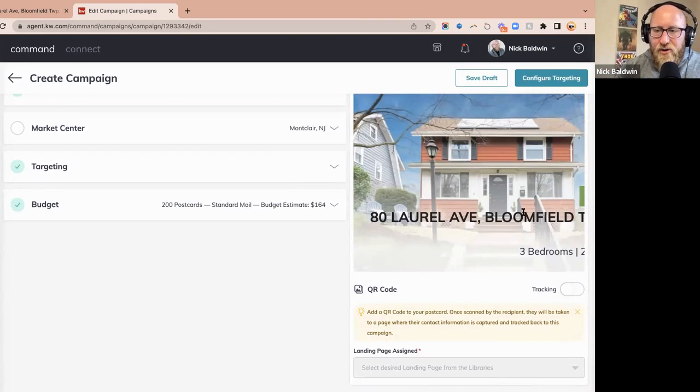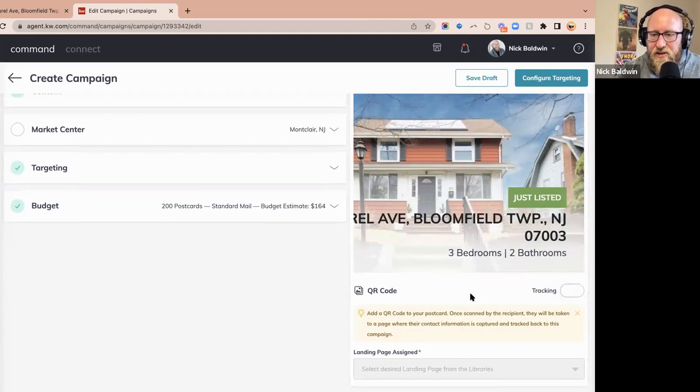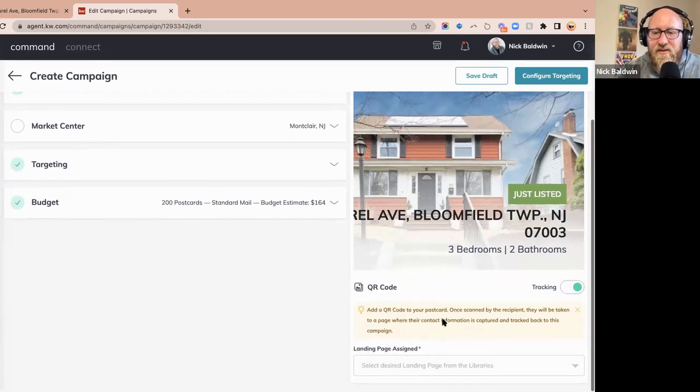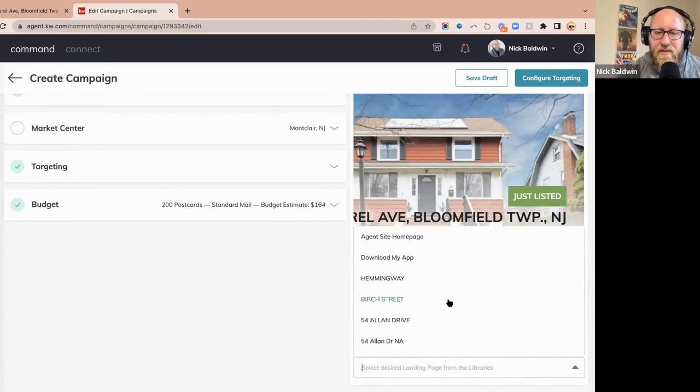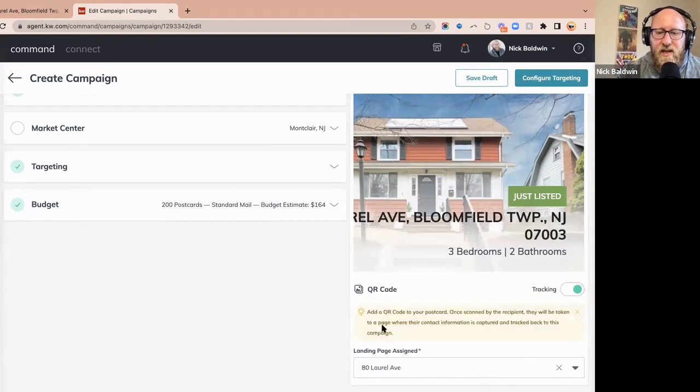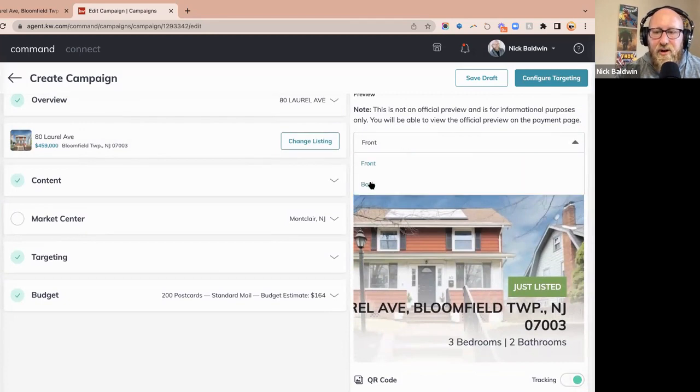Okay. Right underneath the image of the postcard is going to say QR code and tracking. All right. We're going to want to click tracking. And then underneath here, landing page assigned. All of the landing pages I have, when I click it, are going to show up. So I just have to look for 80 Laurel Avenue. Here it is. Okay. When I click 80 Laurel Avenue, and then I switch to the back of the postcard,